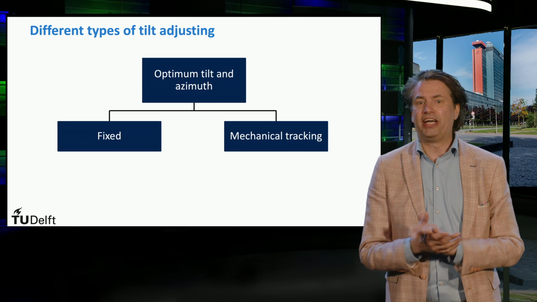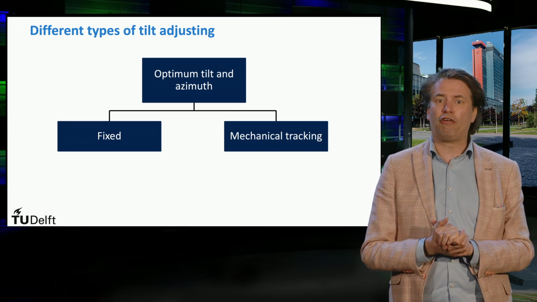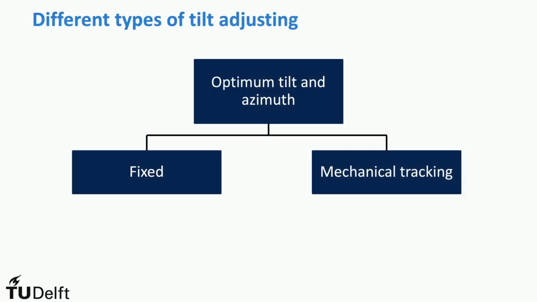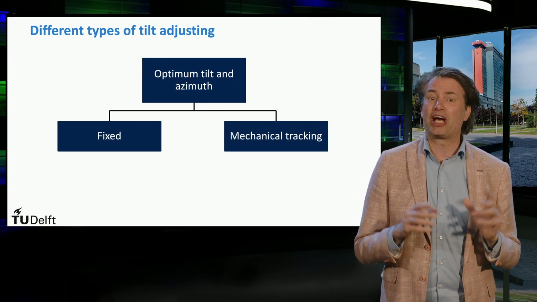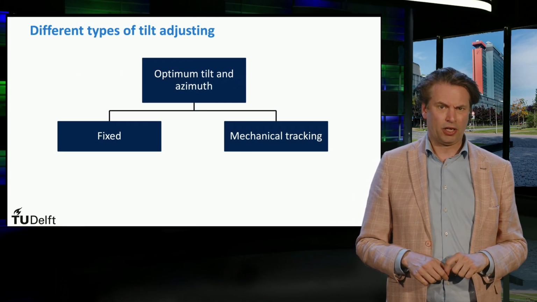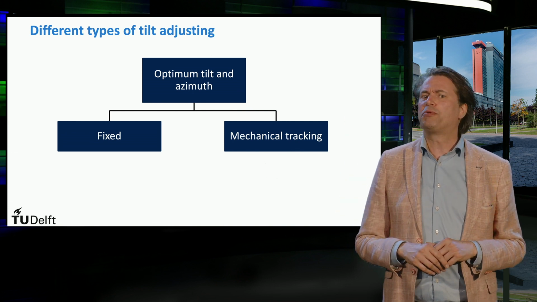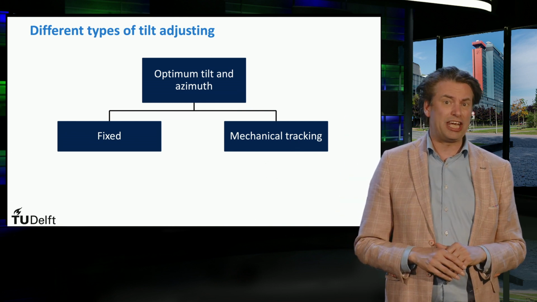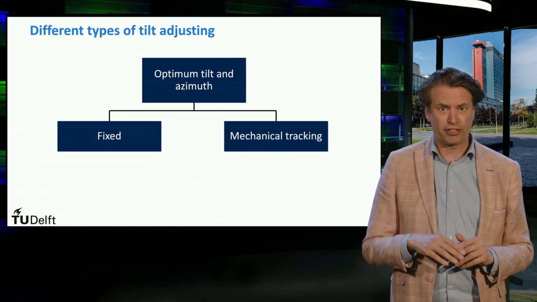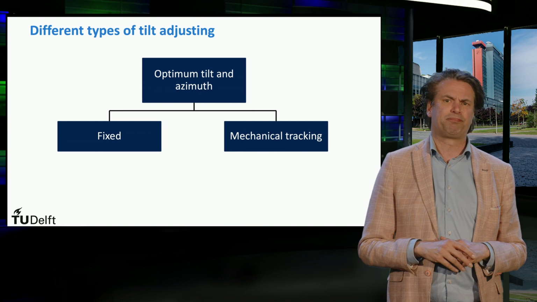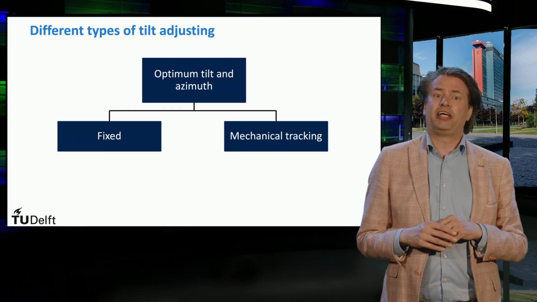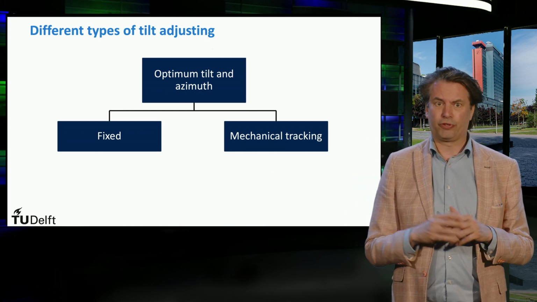The most common way to find the best combination of tilt and azimuth is to simulate the performance of the PV module over an entire year. However, this is out of the scope of this MOOC. Therefore, I will introduce you quickly to some general guidelines. A rule of thumb for a quick optimization is to use an angle equal to the latitude of the location facing south in the northern hemisphere or north in the southern hemisphere. The highest yields are obtained using mechanical tracking, of course.